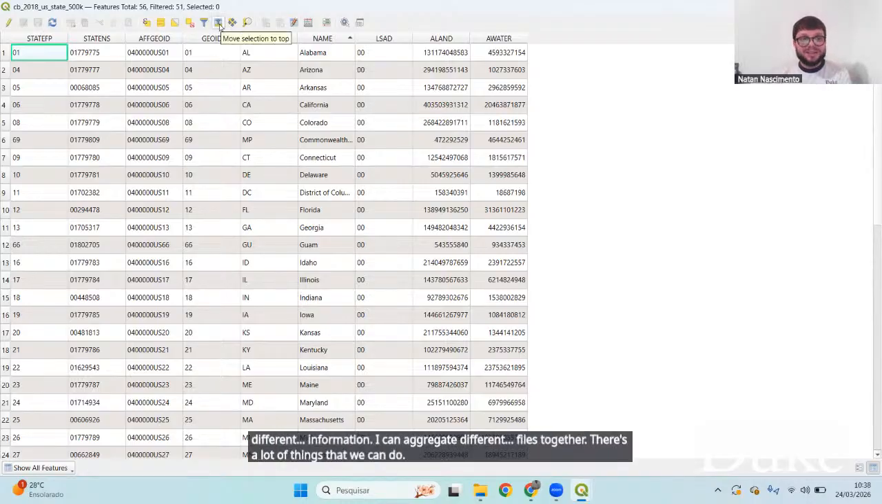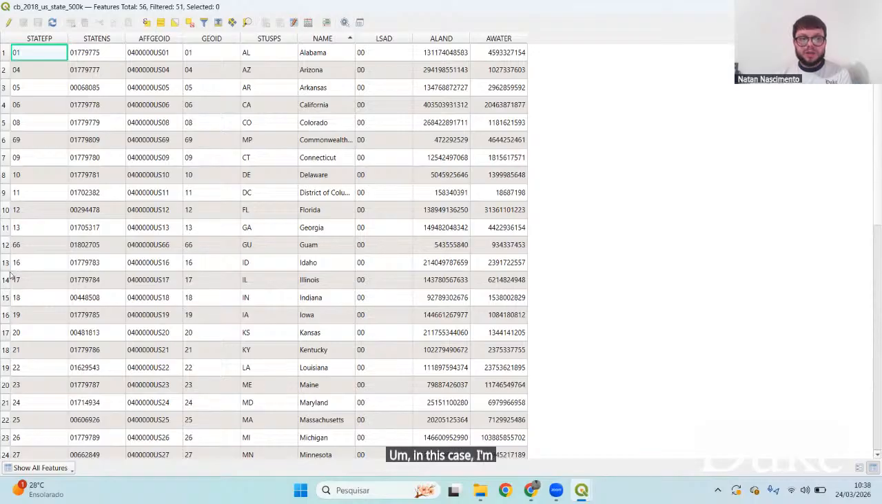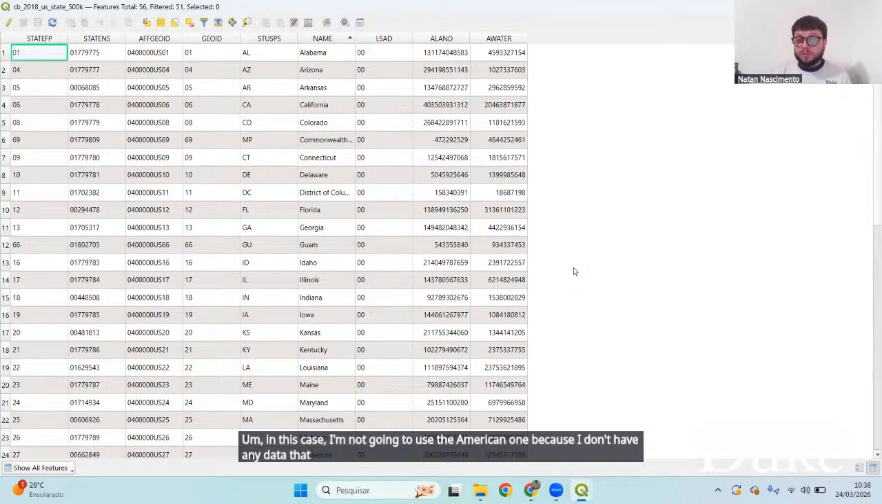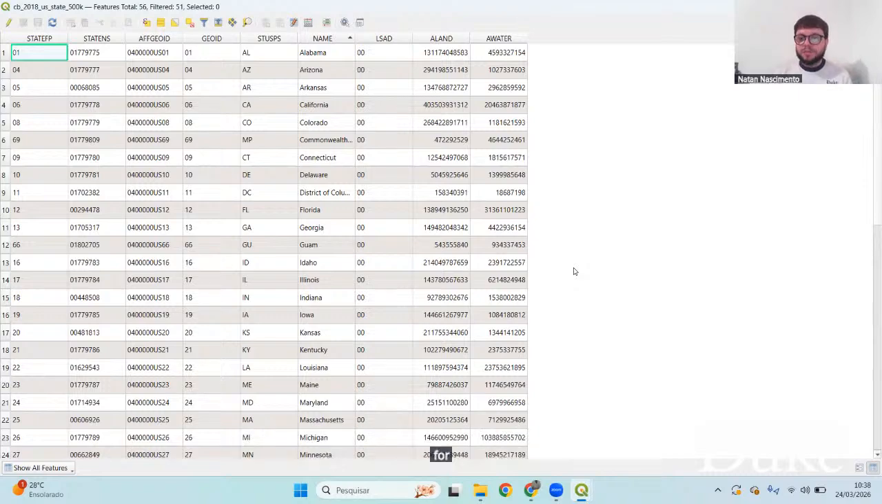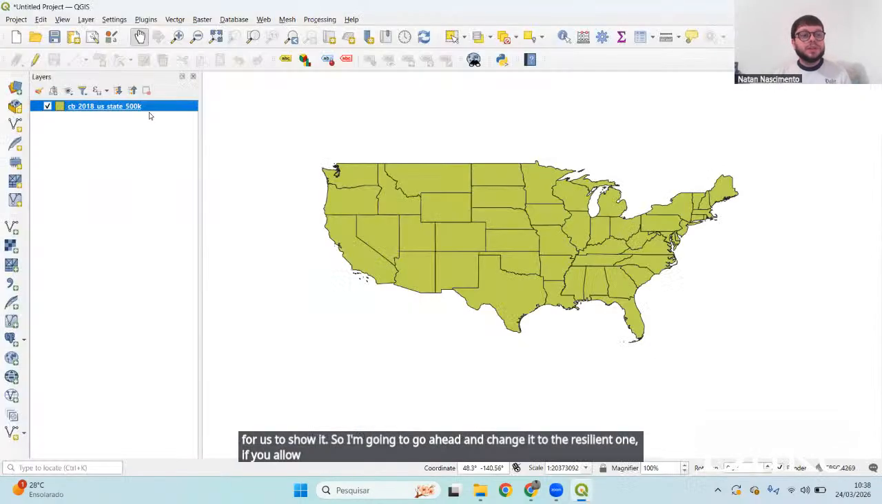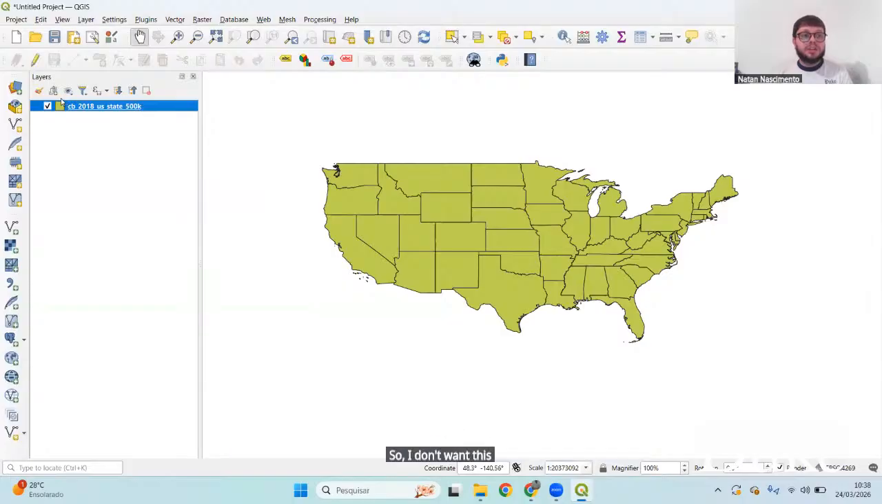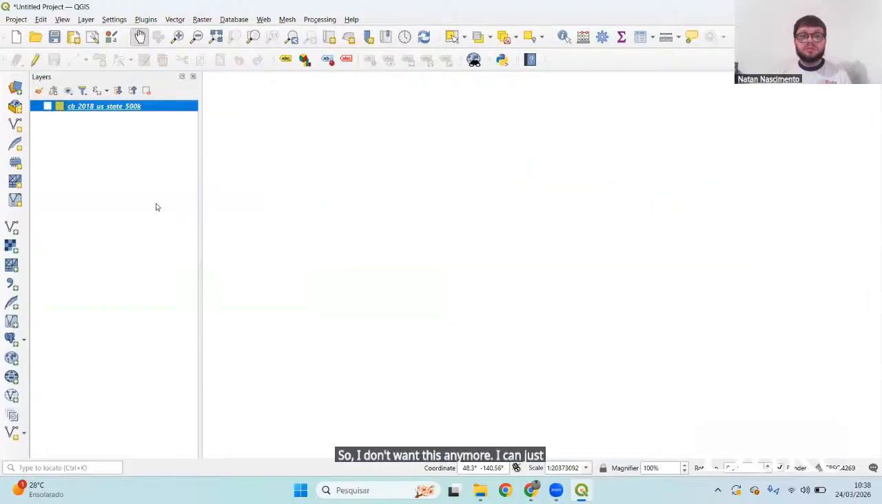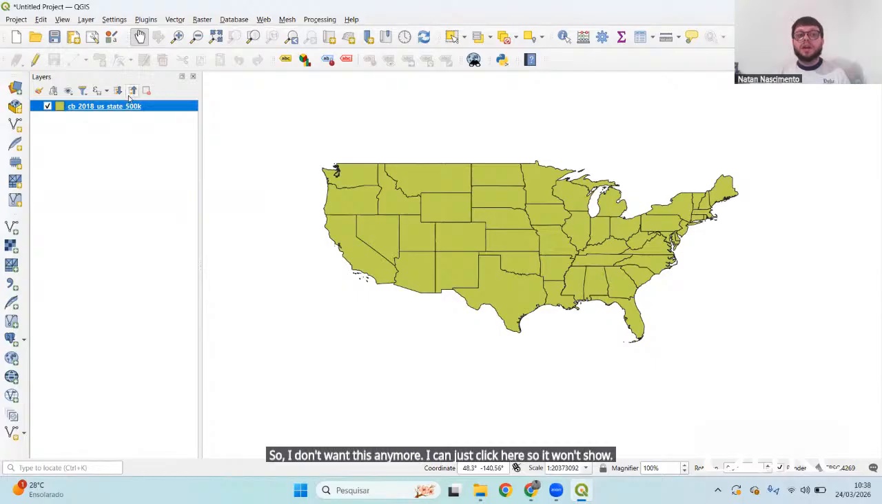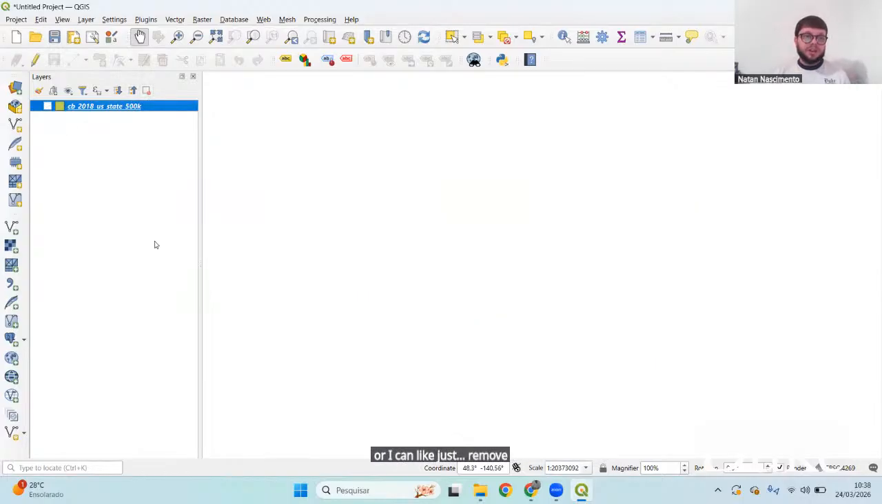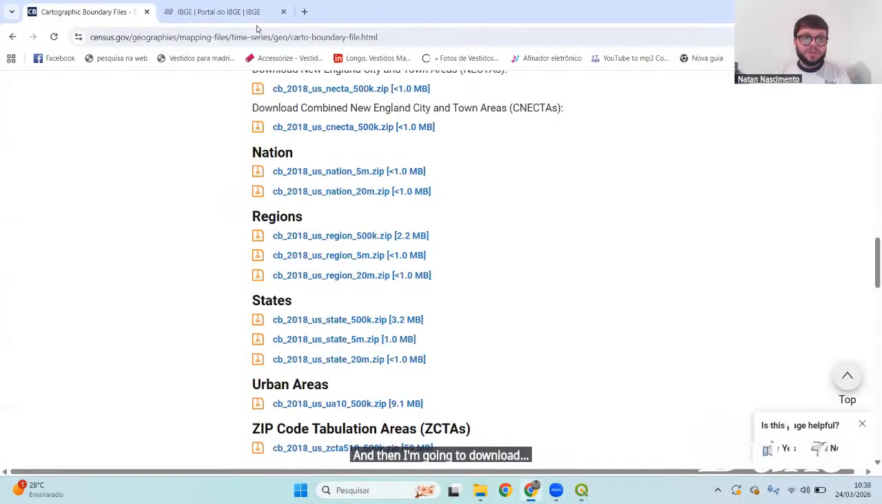In this case, I'm not going to use the American one because I don't have any data that is useful for us to show. So I'm going to go ahead and change it to the Brazilian one, if you allow me. So I don't want this anymore. I can just click here so it won't show, or I can just remove it. I'm just going to click here, and then I'm going to download the Brazilian one